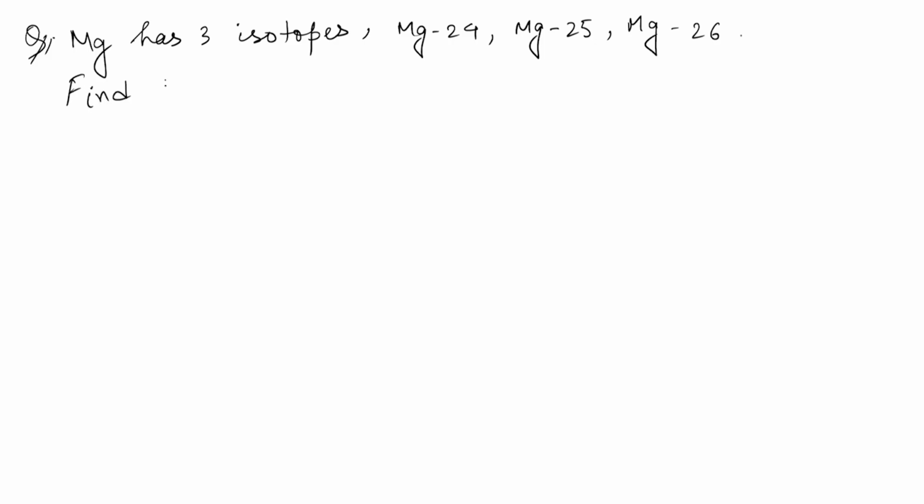We have to find the average atomic mass. So, the mass in AMU and percentage of abundance are given like